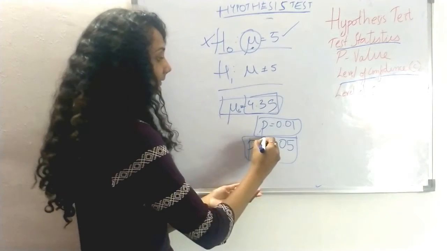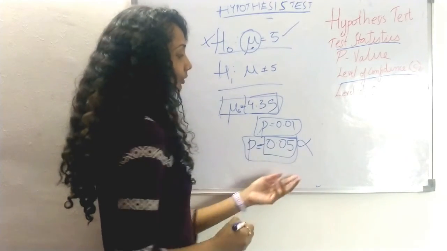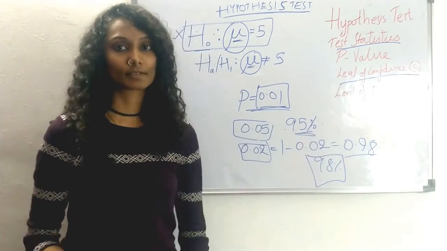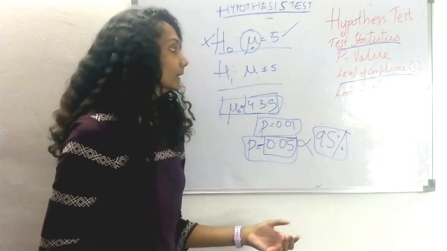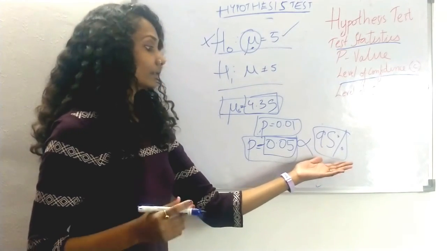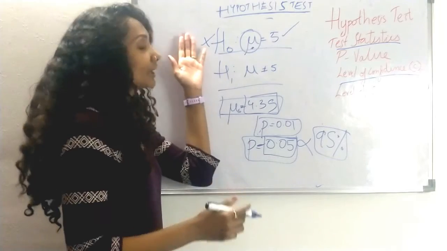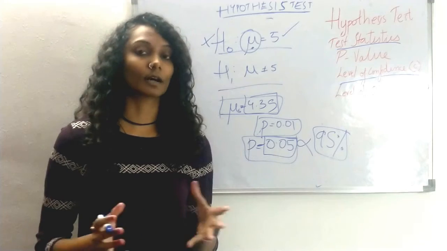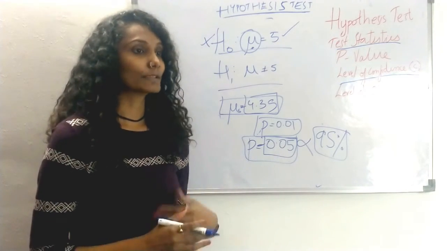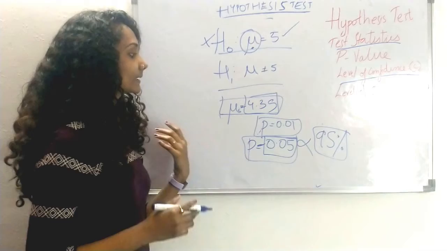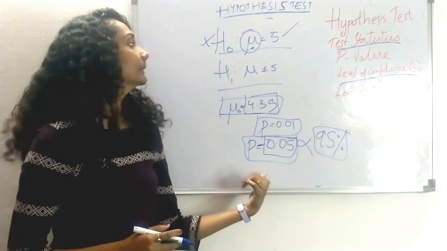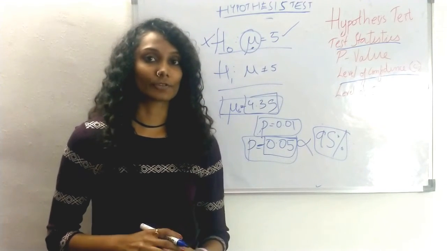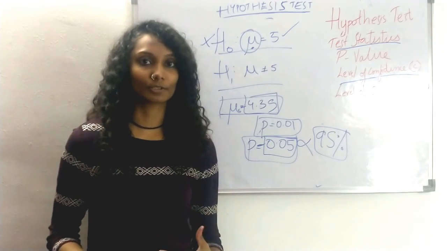And we've looked at the cutoff or the threshold, that is called the level of significance. We've looked at the level of confidence, which states that with this percent confidence, I can reject the null hypothesis. So this is how you conduct a hypothesis test. After you run a test, you just look at the p-value and accordingly either reject or fail to reject the null hypothesis.